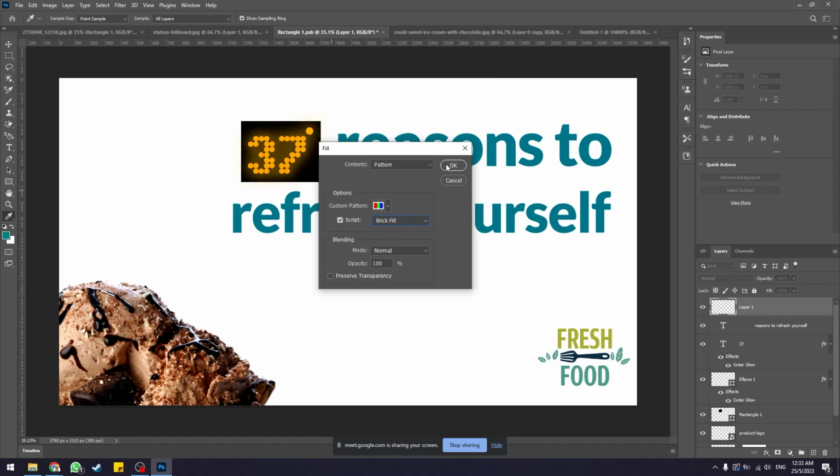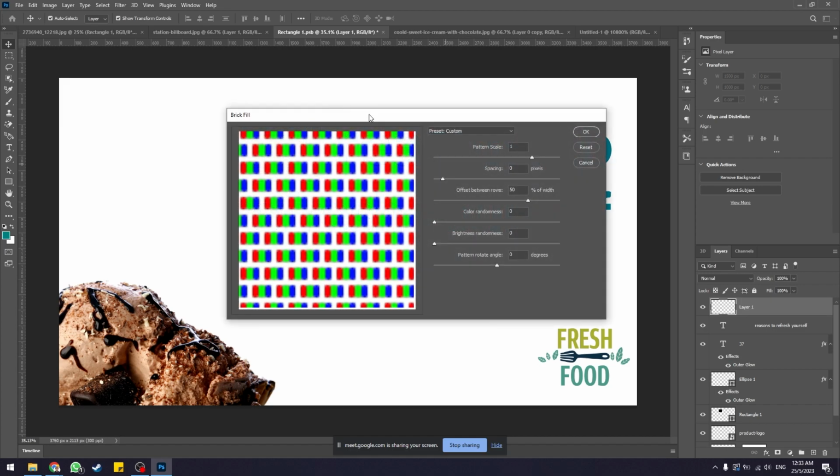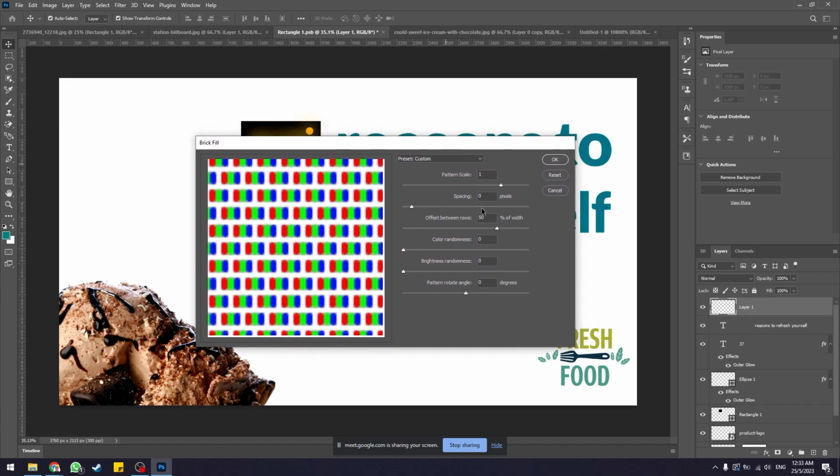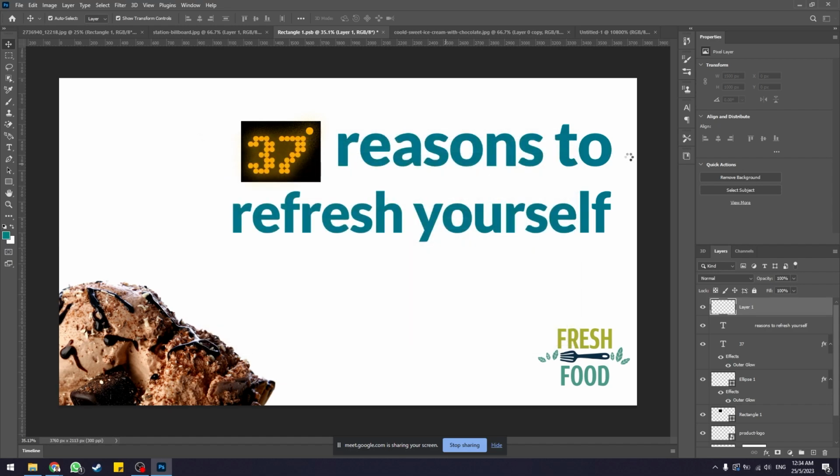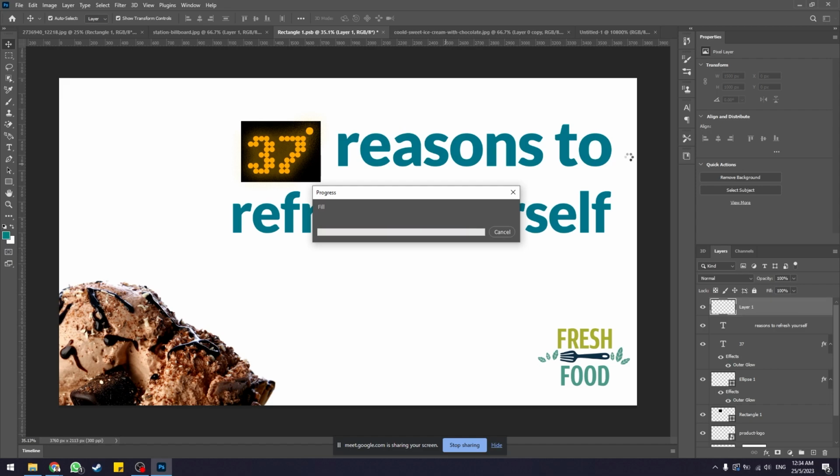settings like this, hit OK, and it should prompt up this option here. You can play around with all the values here, but the value that I recommend is pattern scale set to 1, everything else to 0, and offset between rows is 50%, so it creates that kind of pattern. Once you are done changing the settings, this is where the magic happens. Hit OK, and the pattern will automatically be applied across your entire design, and it should look like an LCD